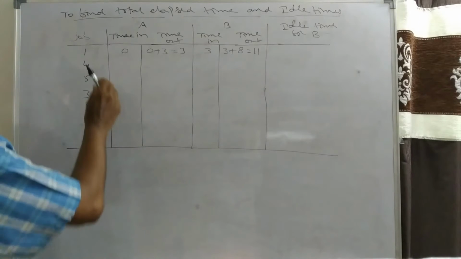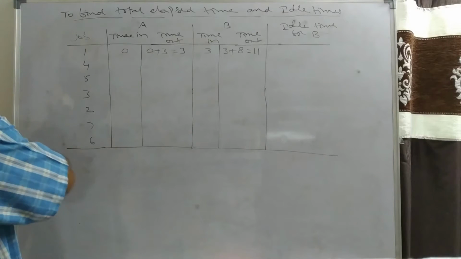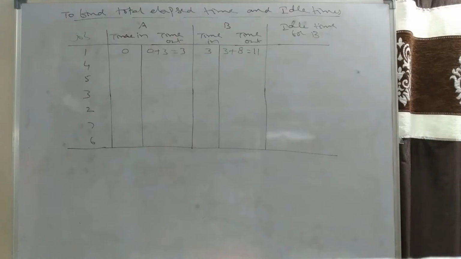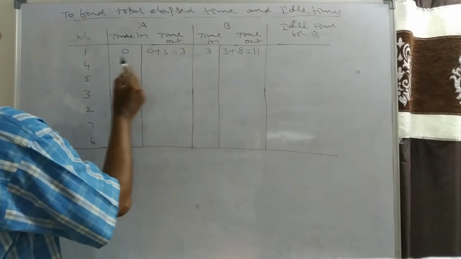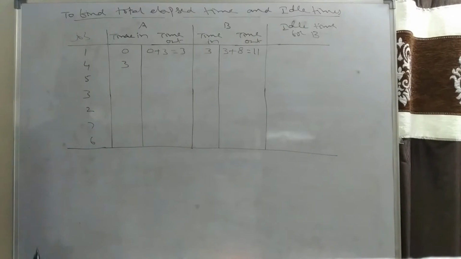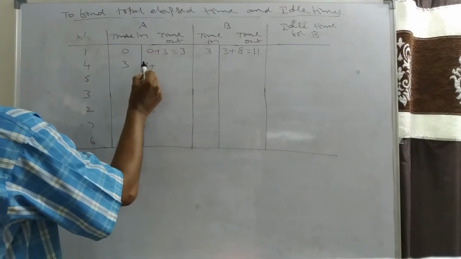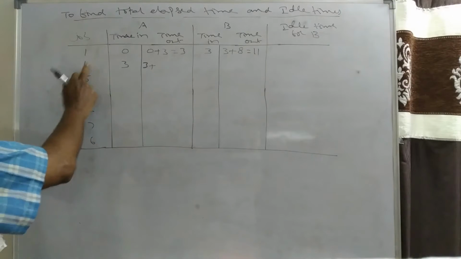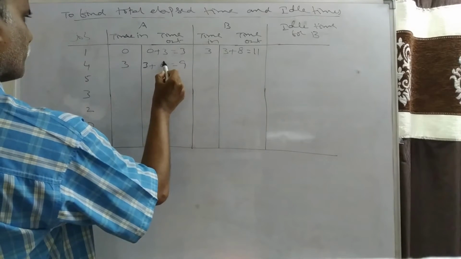Okay. Right. Next, come to the next job, the fourth job. So the starting time for the fourth job on mission A is once the previous job is completed, then only the next job will start on mission A. The completion time of the previous job on mission A is 3, so it is the starting time for the next job. So this comes here, 3. Then time out is starting time 3 plus duration of job 4 on mission A, 6. That is 9.